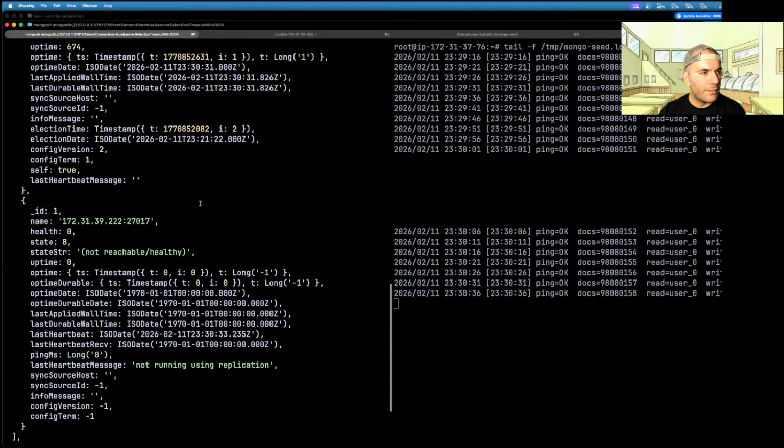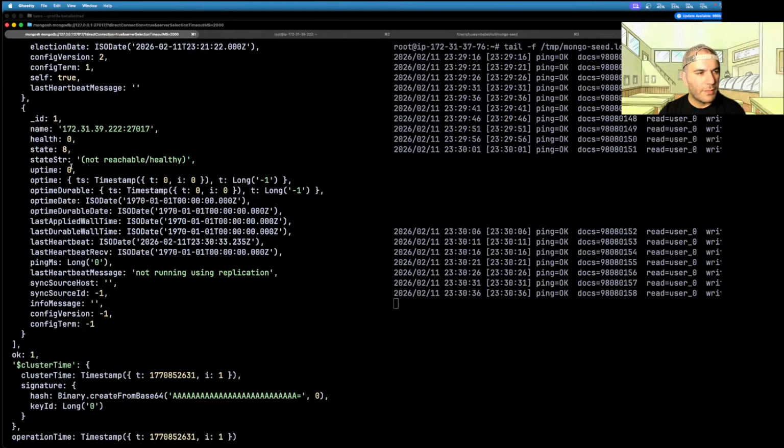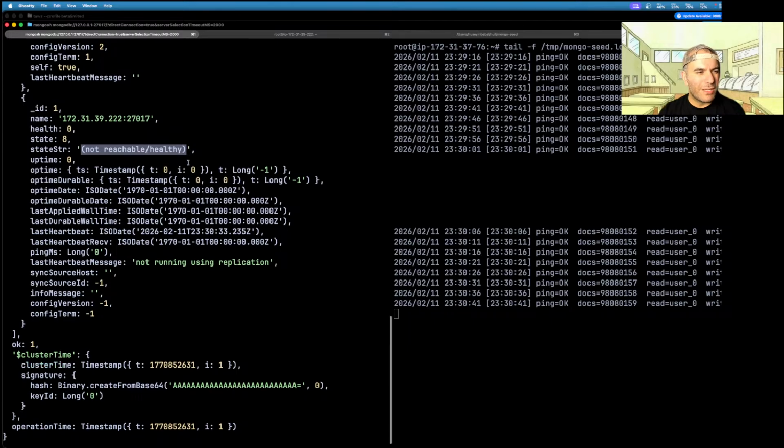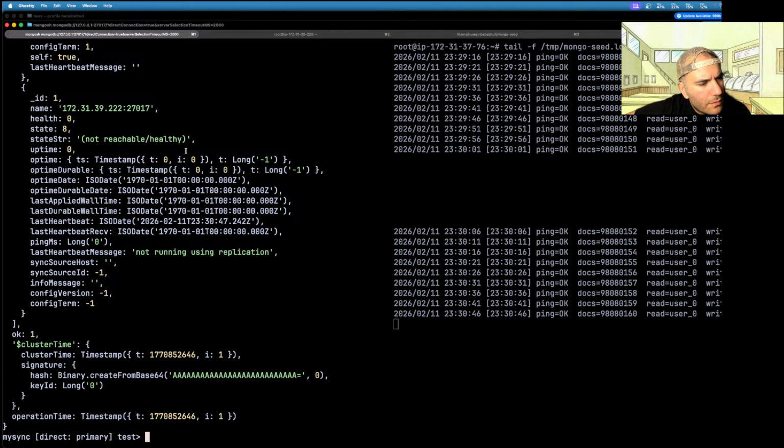Okay, in rs.status, as you can see, we have the primary member, and for now it is not reachable, but I assume it should be reachable at the end. No, not reachable. Why? That's because